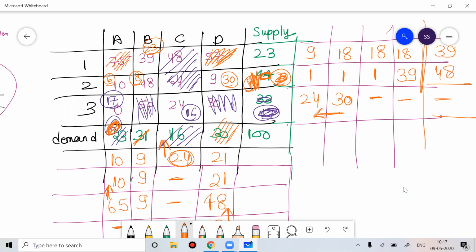Okay. So I believe everyone is clear. So let's write down the problem. I believe everyone, you can write down this problem in your notebook, with all the allocations you have done. Okay, so let's write down this problem.